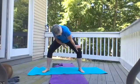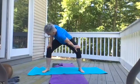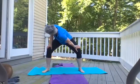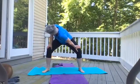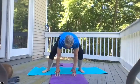See, my hand is more on the inside, and the right shoulder is moving toward my left foot. Look up over the other shoulder, and enjoy that stretch. Come to midline and come down once again to the floor